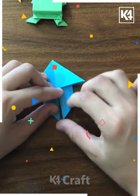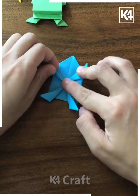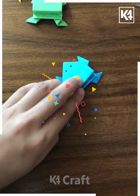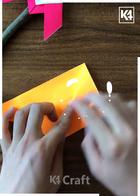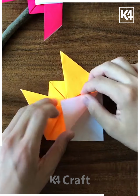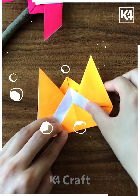Keep on proceeding in this way and let's see what we are going to get in the end. You have to get them arranged in this position so as to make a beautiful and lovely drawing like this. Further, what are we going to do next? Here, you need to just arrange the sheets again and get them folded in this manner. You have to get them arranged in this way,